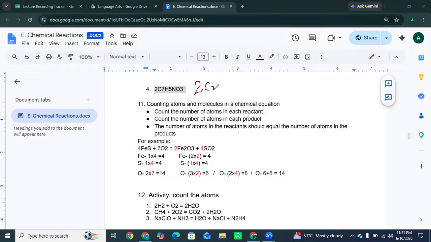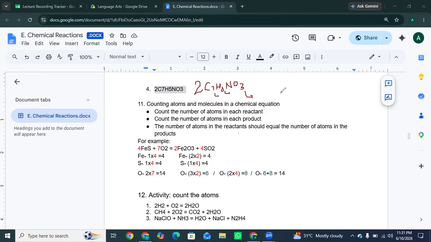C7H5NO3. Okay, students? So first you look at the big coefficient, which is 2, and you have to multiply all the things with this 2. Like 7 multiplied by 2, 5 multiplied by 2, 3 multiplied by 2. And the correct answer is when you multiply all the things with the 2, then you have to sum up